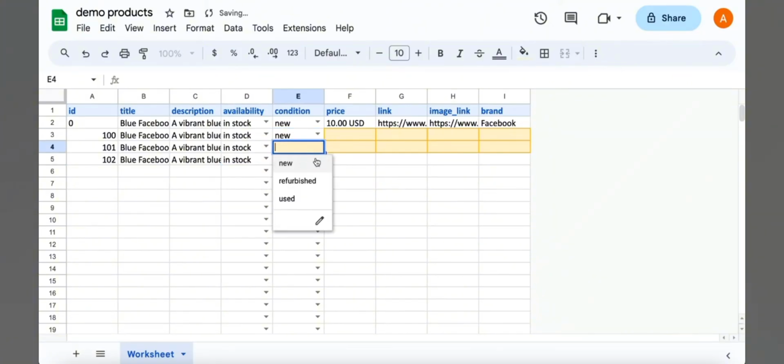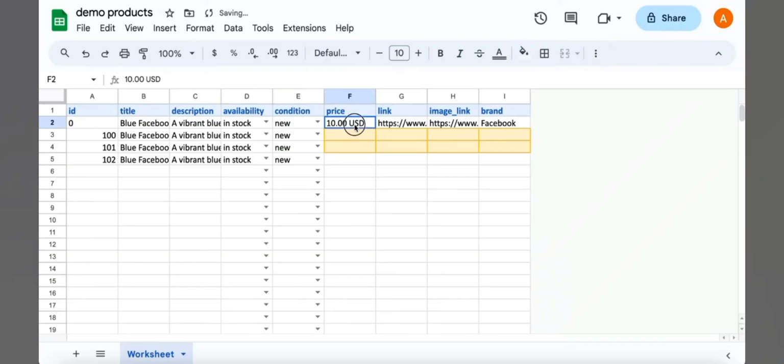You can enter the condition. In case of price, it has to be with double decimal and the currency code, not dollar sign, not rupee sign. It will be INR for Indian rupee, USD for United States dollar. So for example, 1000.00 INR, 1200.00, and